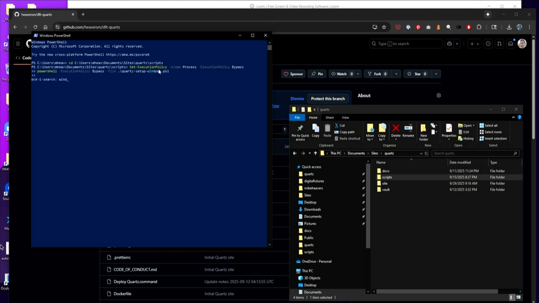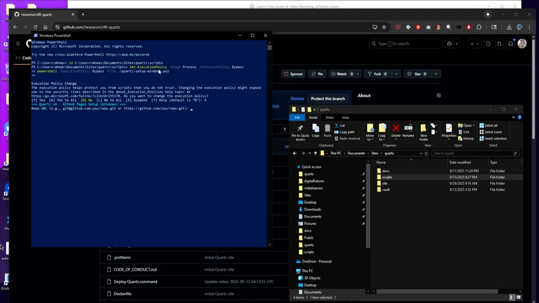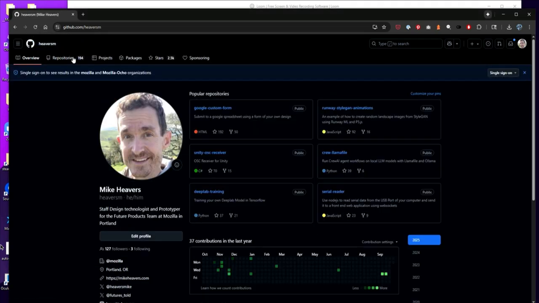We're going to run this command. This gives you permissions for this thing to install stuff on your computer. I'll put this in the video, and we'll just say yes to all. Now it's going to ask us where our repo URL is. So you're going to do a new repo